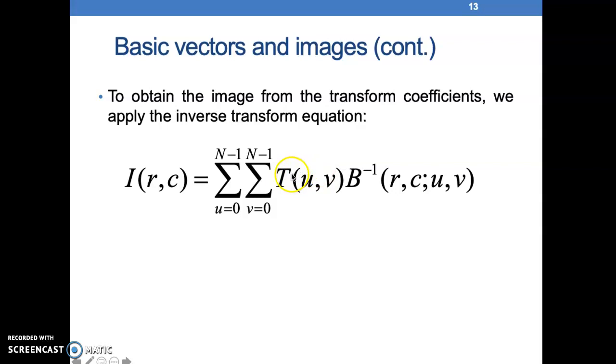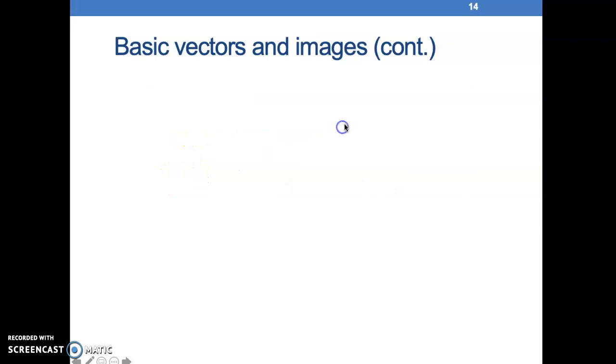What you will do is take the inner product of T(u,v), remember, T(u,v) is the transform image, with the same basis image as when you did the transformation. Then you will get I(r,c), the original one. So this is the transform equation